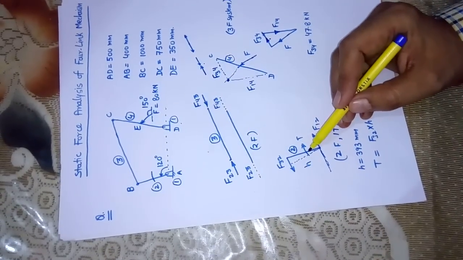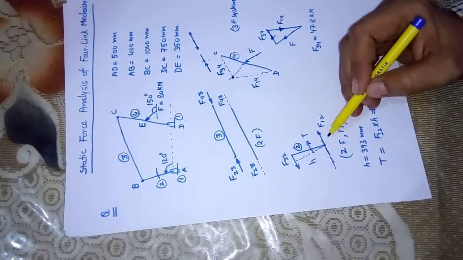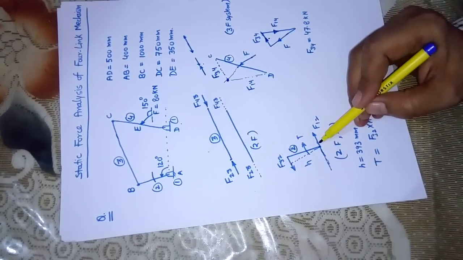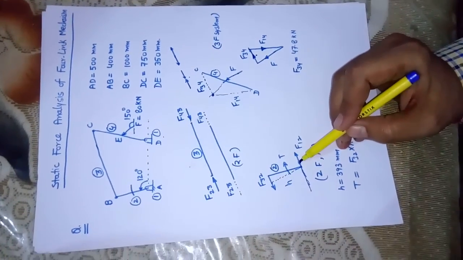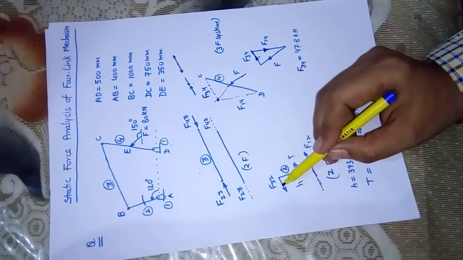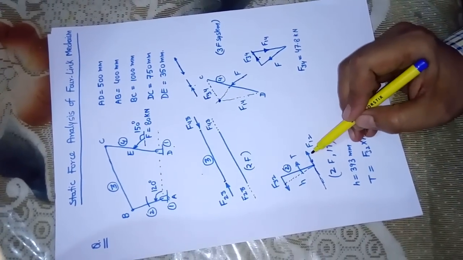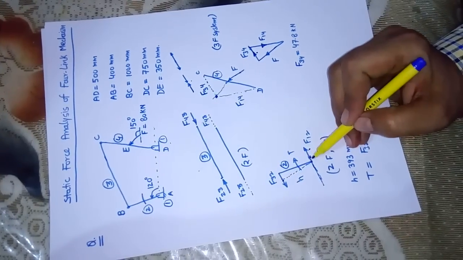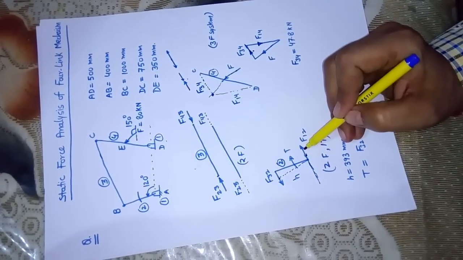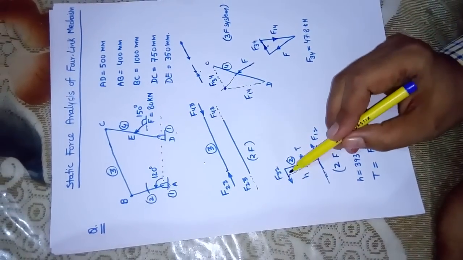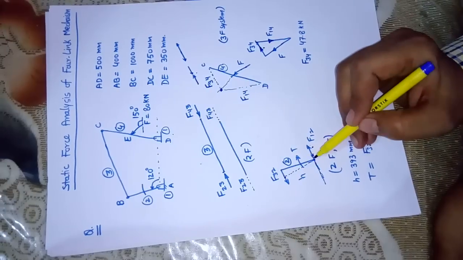on link number 2. Now it is a two force one torque system. So if I know the direction of this force, the direction of the other force, as per the condition of a two force one torque system, should be equal and opposite to this. So F12 is going to be parallel, equal and opposite to F32. That is what we have drawn like this. Now I will draw it. If I draw by the scale, these two forces are parallel.